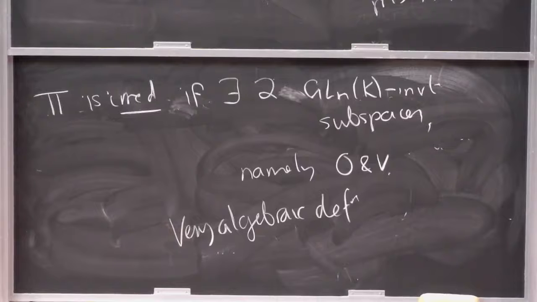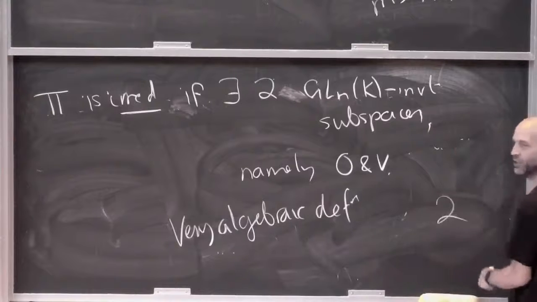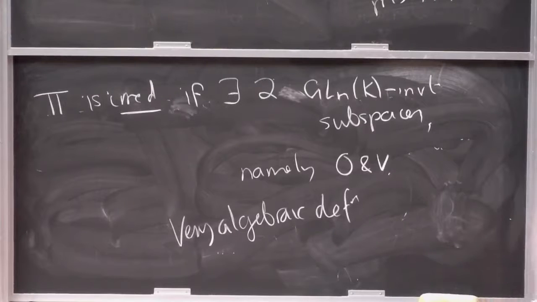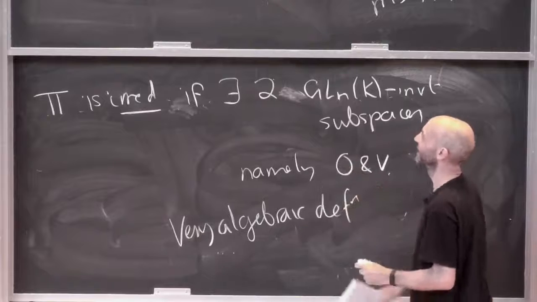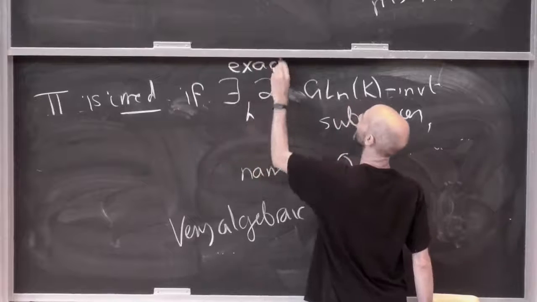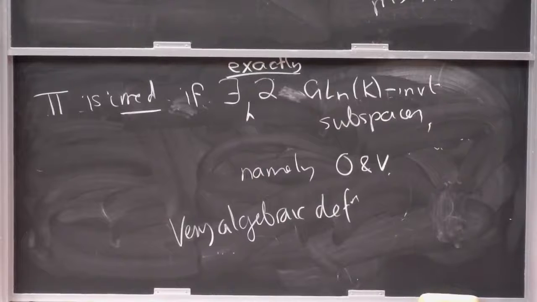Exact. Yeah, sure. How do you write? So you're telling me that if I write the number 2 on the board, then there might be some instance where that's not exactly 2? Okay. Right. Oh, I see. Yeah, you're right. Exactly 2, for the online audience. Exactly 2. And the number of GLN of K invariant subspaces shall be 2. There. 4 is right out.